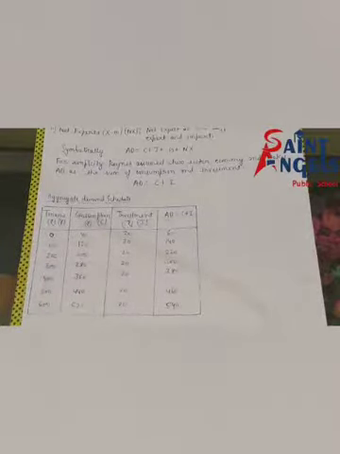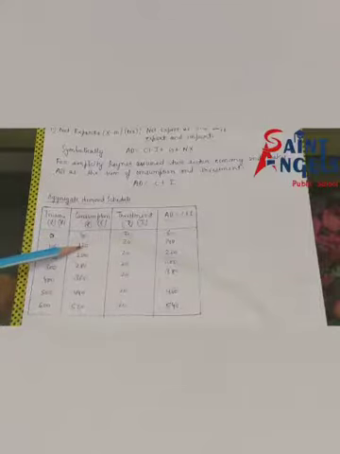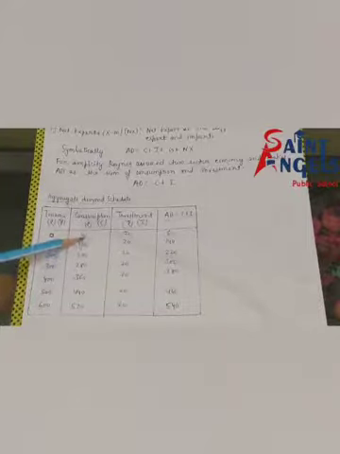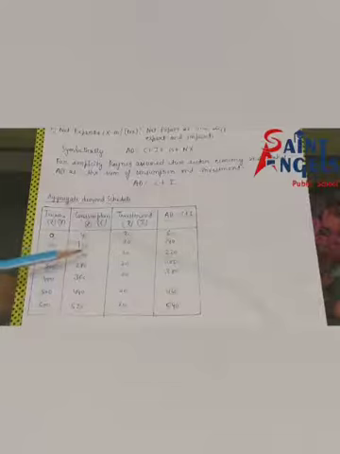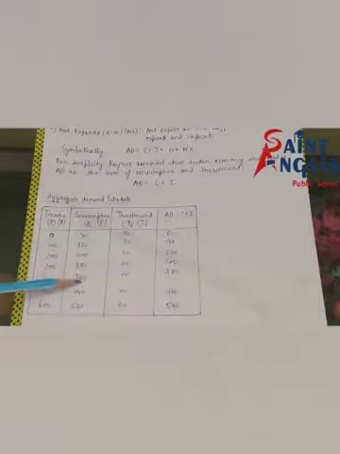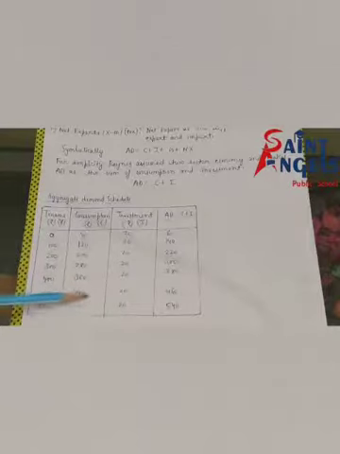That's why I'm taking the change in consumption by 80. From 40 to 120, consumption increased by 80 rupees. From 120 to 200, again 80 rupees. From 200 to 280, again 80 rupees. From 280 to 360, again 80 rupees. From 360 to 440, again 80 rupees. From 440 to 520, again 80 rupees.